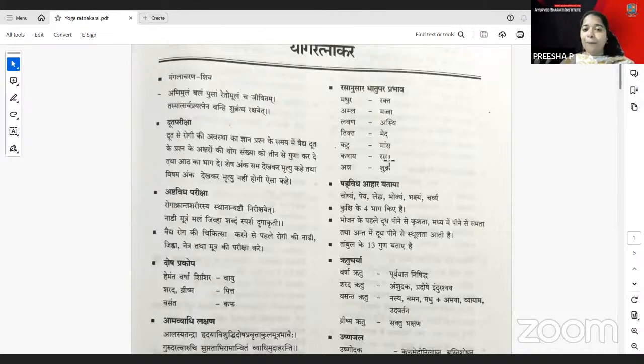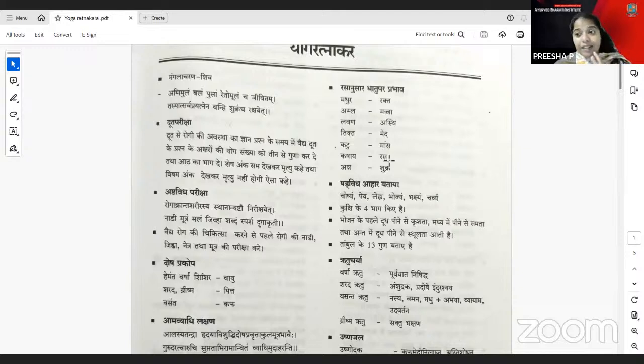Then you have the Amla for the Majja and the Shadvidha Ahara is explained. Like the Shadvidha Ahara, it is not so important because you are familiar with that. And Kukshi divided into 4 bhaga. That is also beneficial, so that is also explained there. Then Bhojana, prior you have the Dugdha Ahara or Dugdha Sevana and Madhya like Samata, and at the last Dugdha for the Sthulata. These are the things which are mentioned. And Tambula, 13 gunas are mentioned.